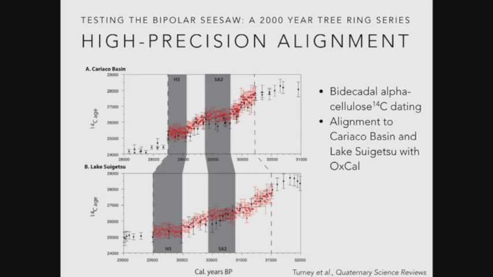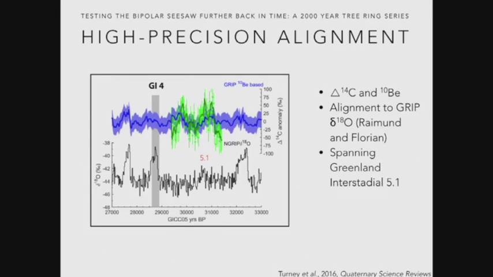And we're very lucky. We've got one tree, another Finlayson tree, which is 2,000 years long. It's about 29,000 years old, and we've done C14 every 20 years all the way through. And we can wiggle match that pattern of C14 against different records of radiocarbon. They're not so well resolved, but Cariaco Basin, which we heard about, or Lake Suigetsu, the chronologies are different in absolute time, but you can pick out the structure, the inflections in the C14, which means you can lock your tree ring record into those series. You can get real detail where they count.